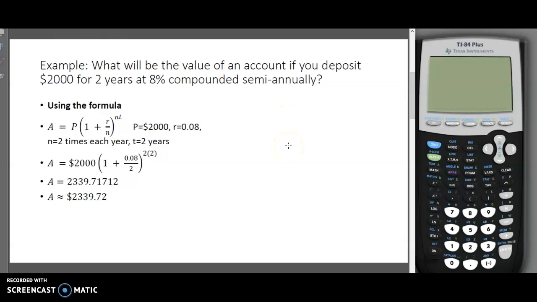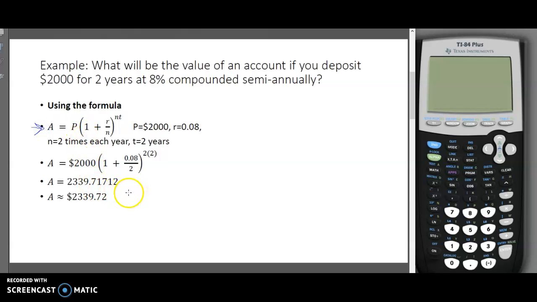Suppose we are going to deposit $2,000 for 2 years at 8% compounded semi-annually. I've read the problem and identified all the variables and then put those variables into our compound formula here